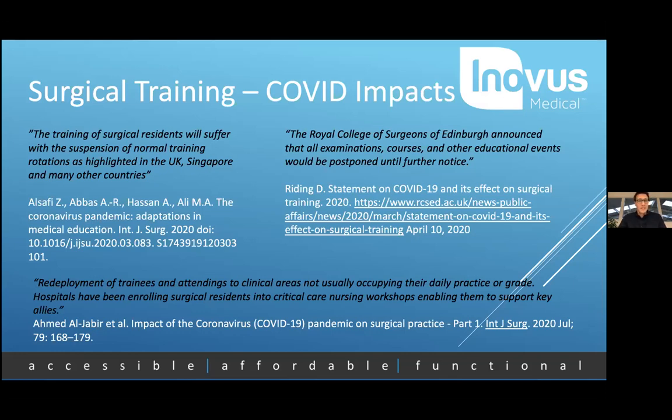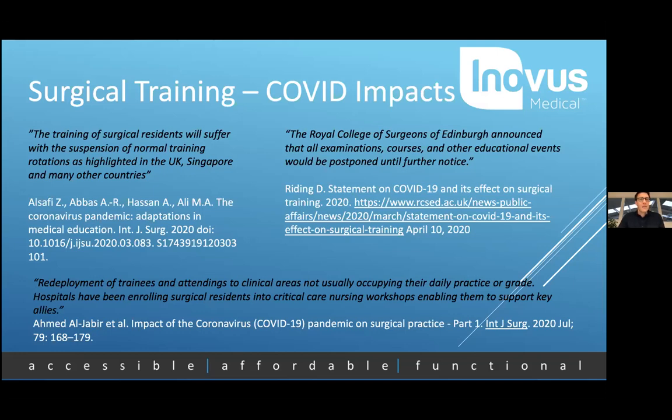The first is the impact COVID has had on the traditional, what we call on-the-job training, that sort of in-theatre training, with cancellation of elective and non-emergency surgery, resulting in the day-to-day training case for residents and surgical registrars not taking place. Now, whilst the effect that this can have on the element of training is mainly isolated to the acute pandemic itself, there are longer-term repercussions which we'll look at as we go along. In the short term, these effects mean that residents are not able to get the necessary in-surgery, in-theatre training experience to maintain and progress their skills.